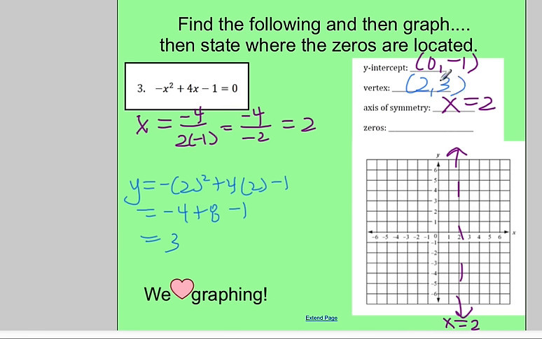So let's plot what we have. We have our y-intercept at (0, -1). So that means I'm also going to have (4, -1), and my vertex is (2, 3). If everybody can tell, I'm going to have two solutions in this case. So if I do my best to draw this,